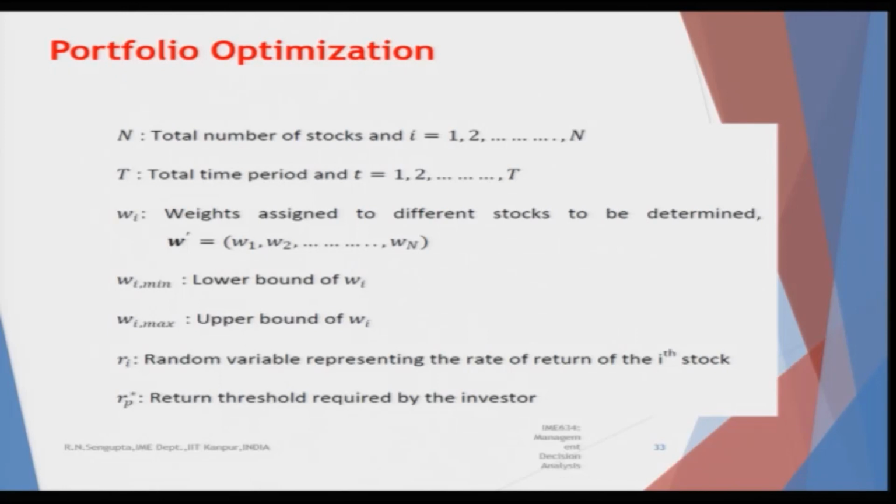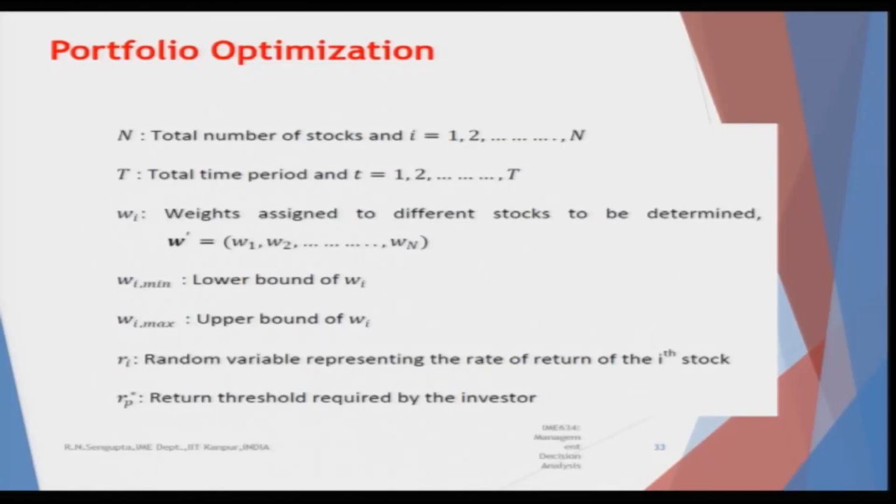Now, these are some simple variations which I have brought into the problem. As I mentioned that the total weight of each one of the stocks is between 0 and 1, it may so happen that you want to restrict the weights between some maximum value, and it has to be greater than some minimum value. So, in that case W1 would be restricted by W1 minimum and W1 maximum. Similarly, for W2, W3 till W capital N.